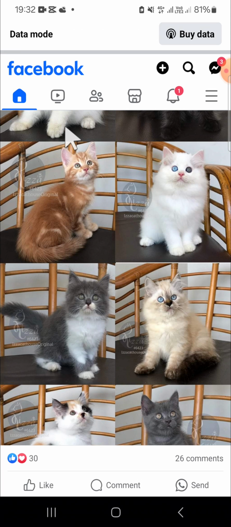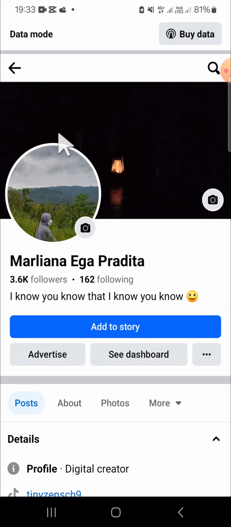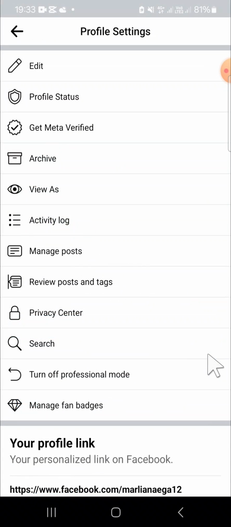Here I have opened my Facebook application, and first of all we have to go to our Facebook profile. So we can click on these three lines to open the Facebook menu, and we can click on see your profile. And after we have our Facebook profile opened, we can click on these three dots, and here we're going